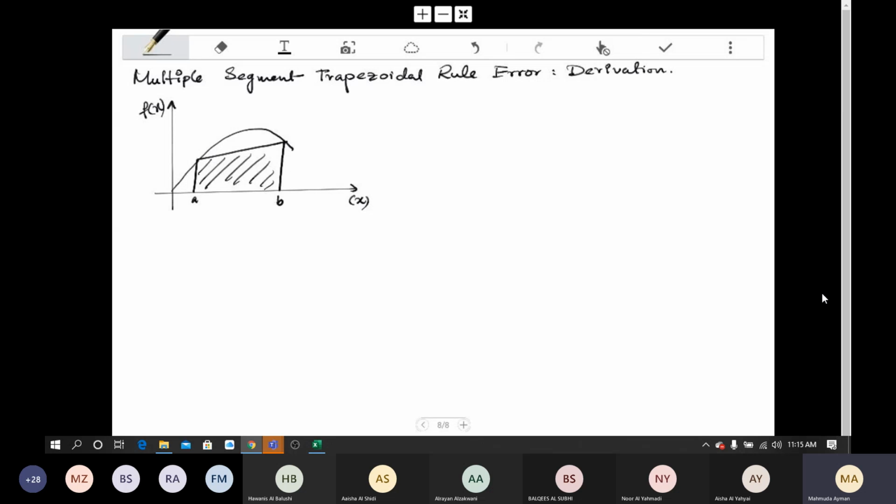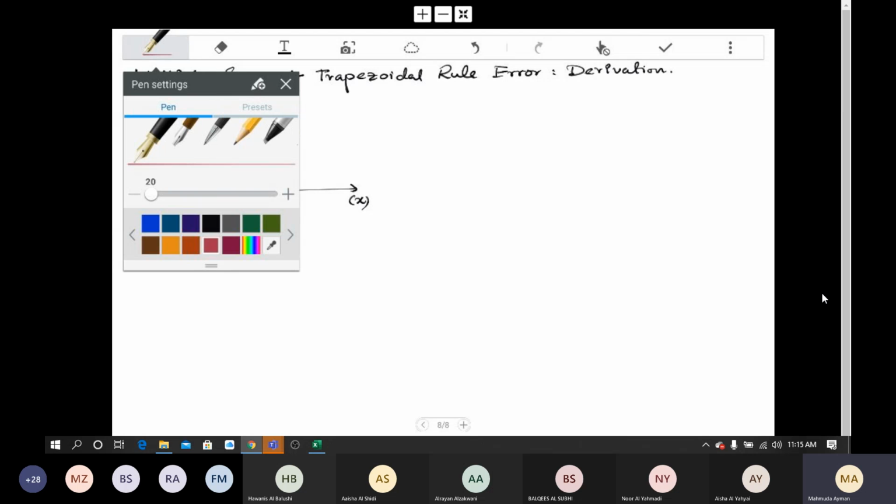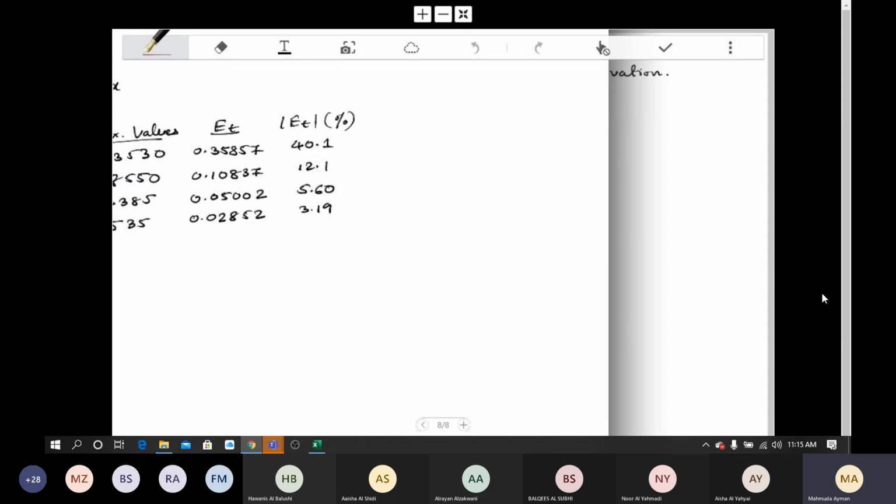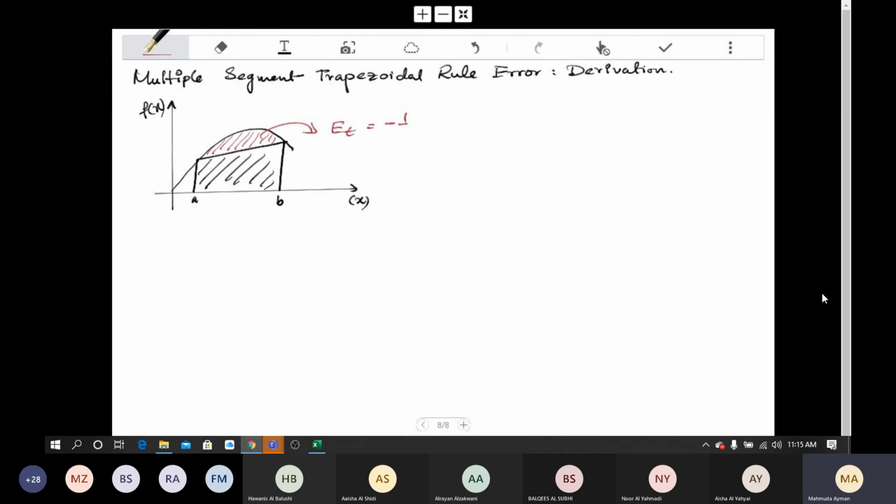So we have a particular error. So this one here is the error that we don't cover when we do a single segment. So for a single segment, the true error formula is minus 1 over 12